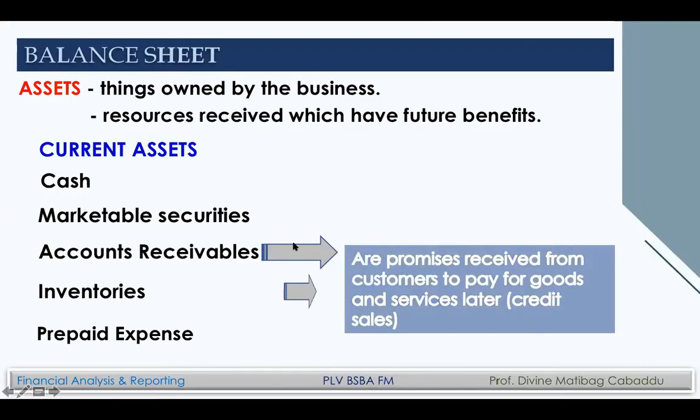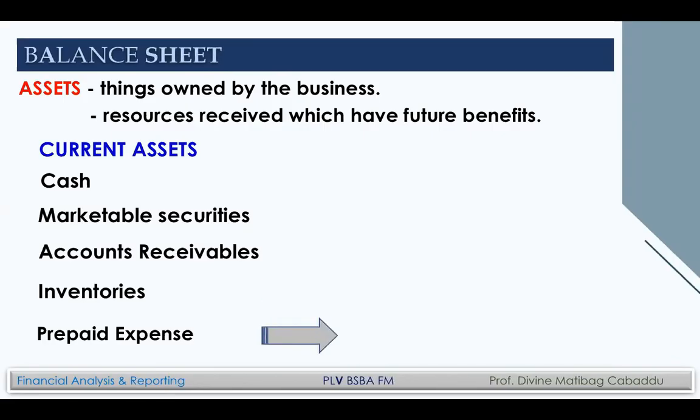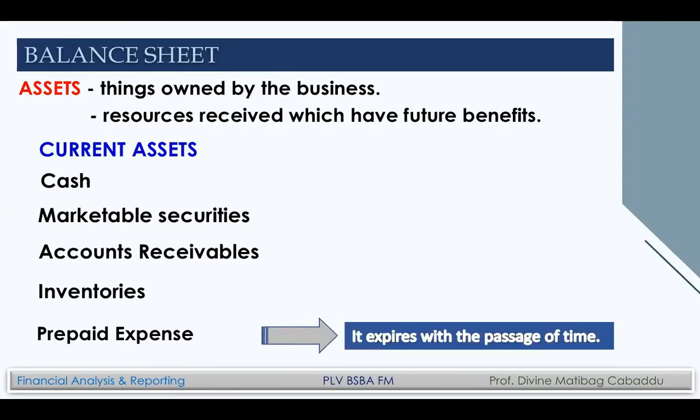All right. Now, what about inventories? These are example of which are raw materials, work in progress, finished goods, and your office supplies. That will be part of your inventories. Okay. And prepayments naman, this expires with the passage of time. Example of which, prepaid rent, o nagbayad ka ng rent in advance. Okay. So ina-amortize over the years, meron kang prepaid insurance, ayan, so prepayments ang tawag doon, that will be part